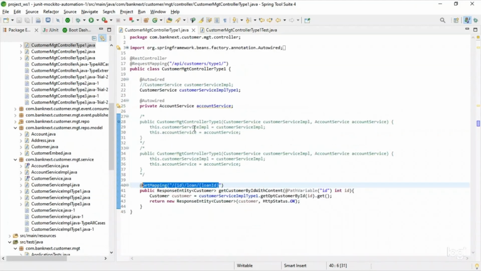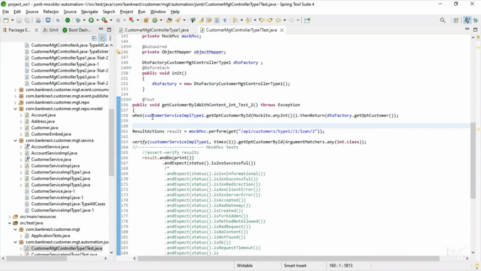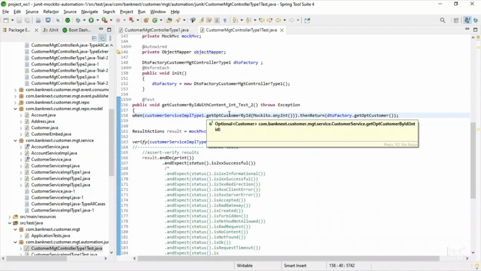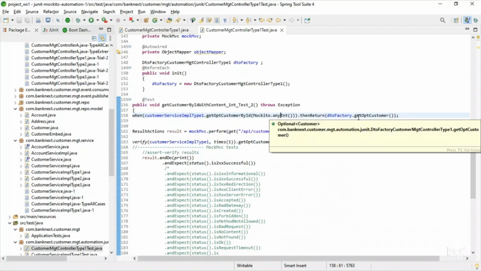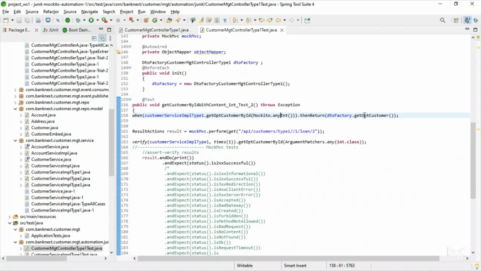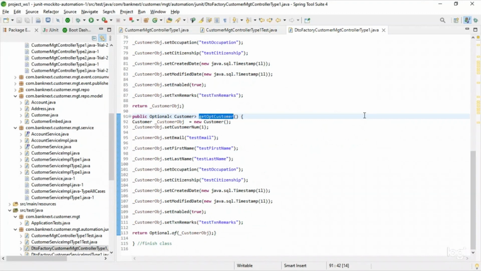All right, and then what is the stubbing? So if you see, this is the external method call, and this method call needs to be stubbed. This service method call needs to be stubbed, and that's exactly what it has done here. When customer service IMPL type.get OPT customer by ID is invoked, then you return it with this particular object, and this is a DTO that it created, a very basic DTO that it created for you, so that you don't have to